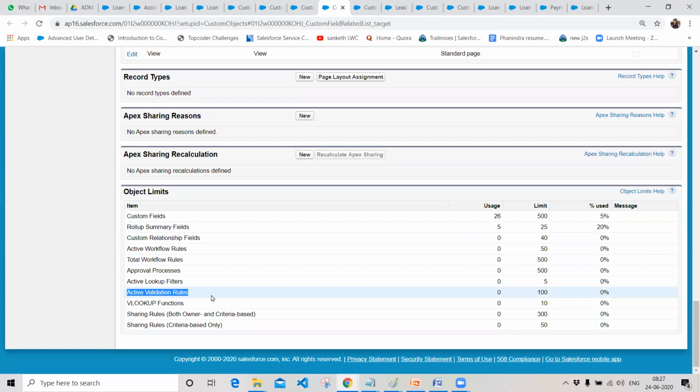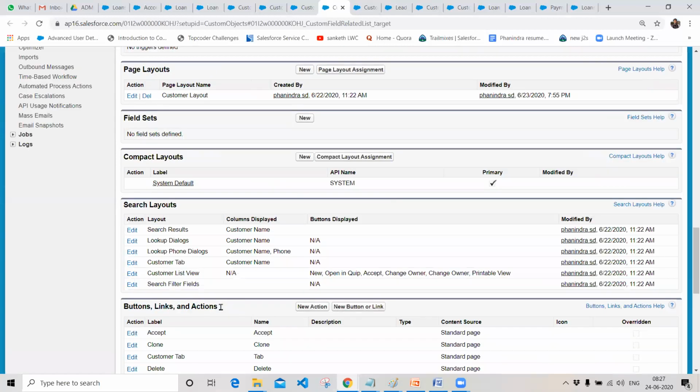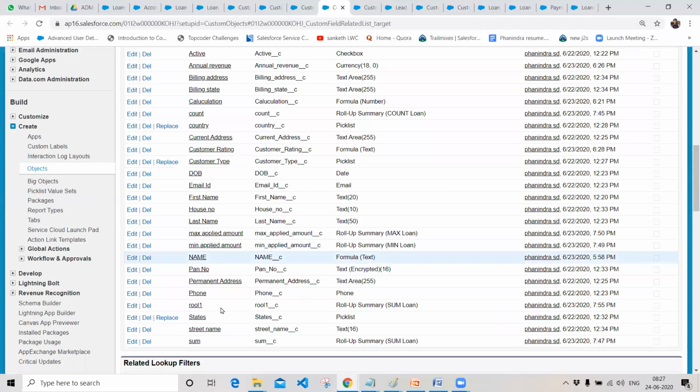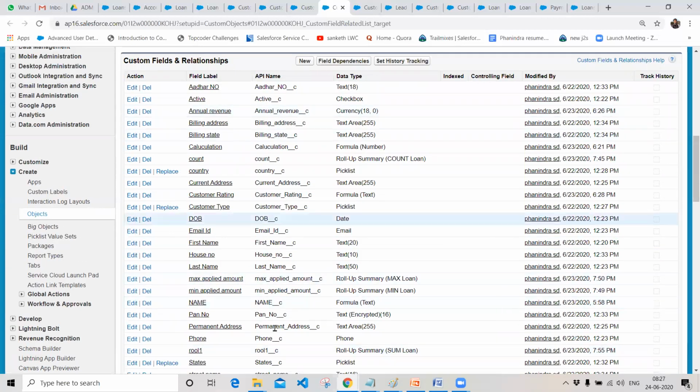And we are taking rule number 1, rule number 2 as field names, right? We are doing that for practice purposes. But in a real-time scenario, you should mention the rule name actually. For example, if the customer status is inactive, that is the rule name. The naming convention should be with respect to your business requirement. So for practice purposes and quick writing, I was using rule number 1, rule number 2, and rule number 3. These are all the fields that we have created so far in our customer object.